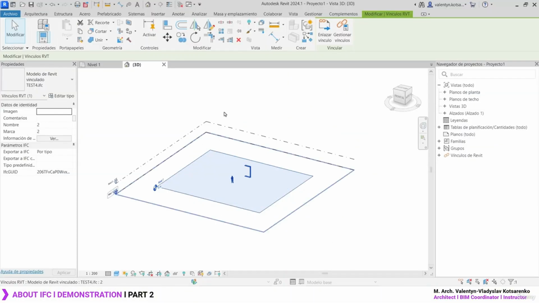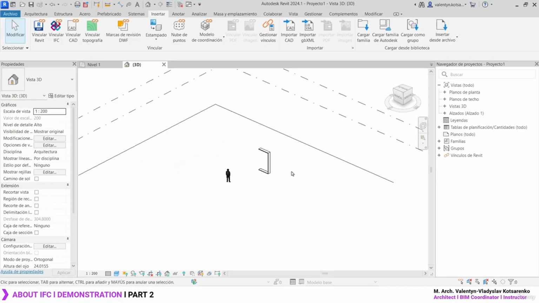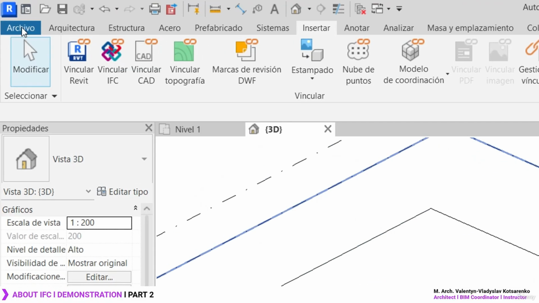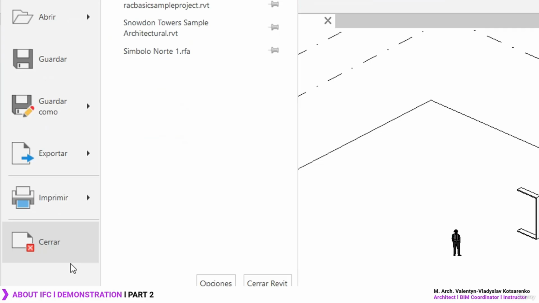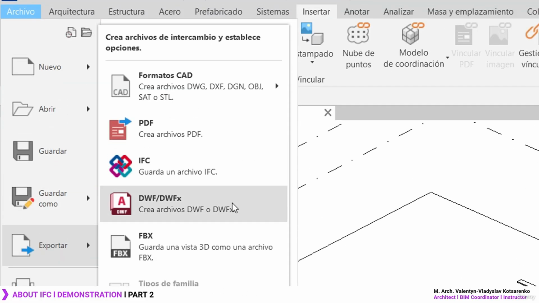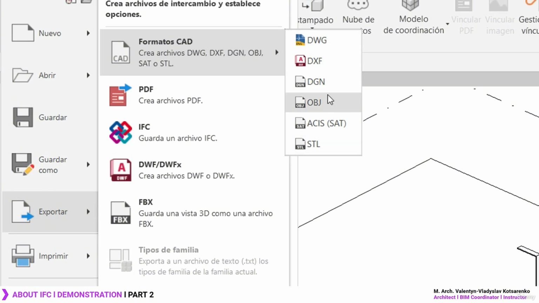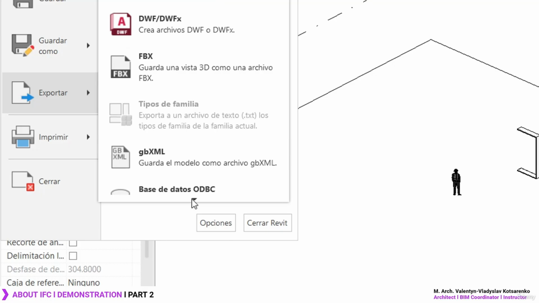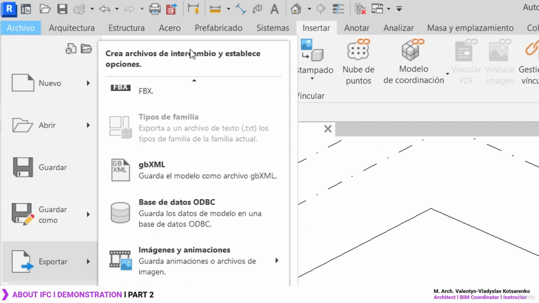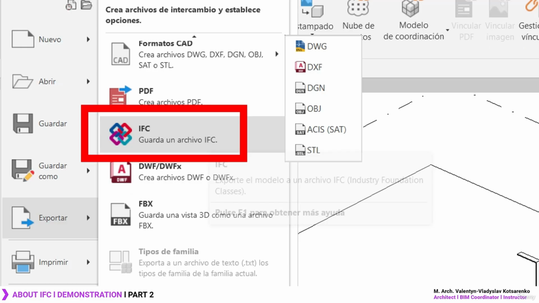But not all types of software are able to export in other formats. Let's take, for example, Revit. Maybe Revit has some great features, but one of the things I really dislike about Revit is that if we try to export in a format, everything is really standardized for the ecosystem provided by Autodesk. You can export to AutoCAD, the DXF format, or other types of format. What you cannot find is anything related to SketchUp or ArchiCAD. The only possible format is IFC, which is possible to import into ArchiCAD or SketchUp, which is a standardized